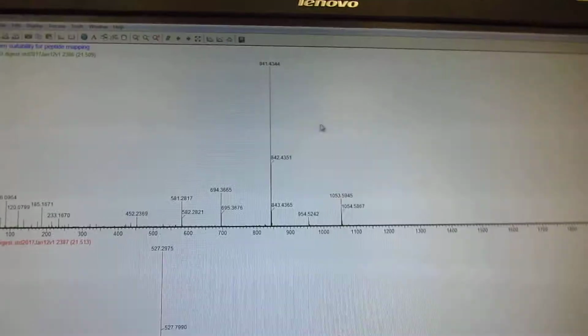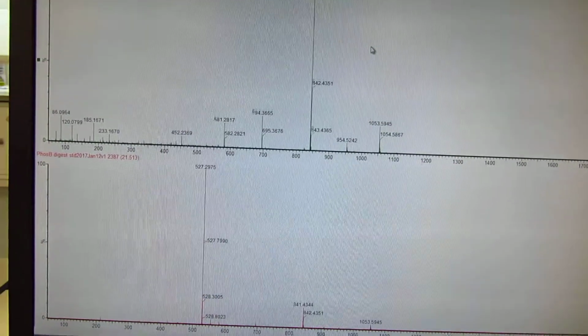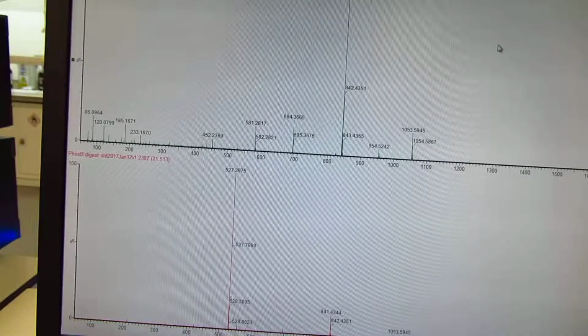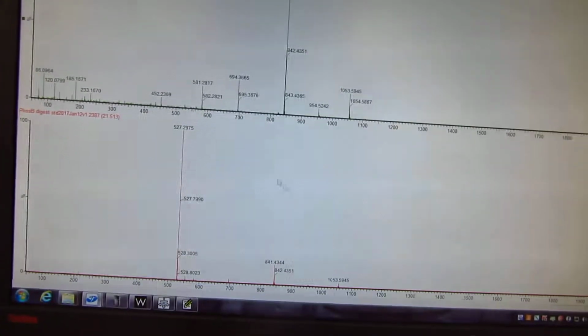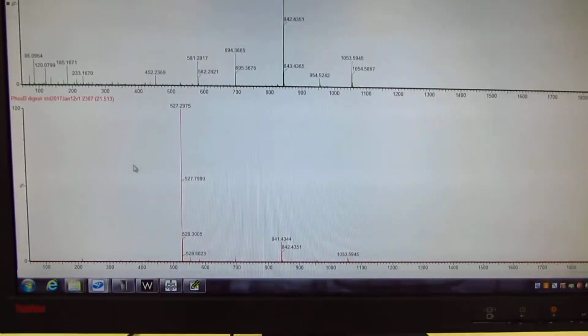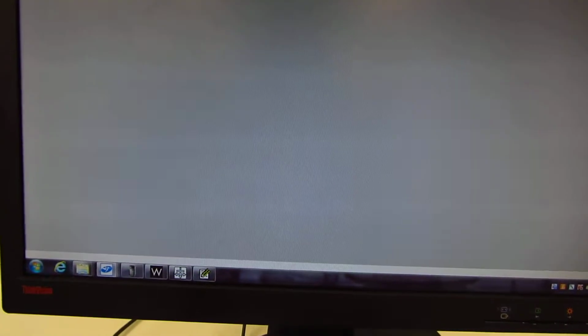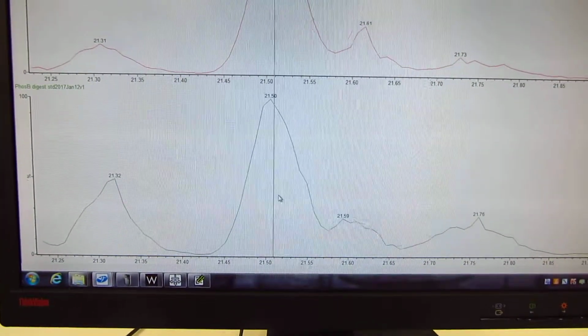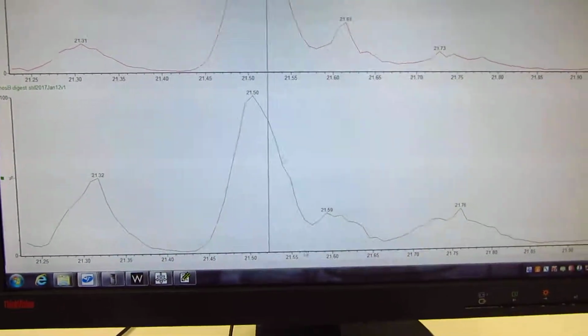At the top, it's supposed to be the high energy one. Hold on, which one is this? So the bottom is the high energy, which is a bit confusing. Okay, let's redo that. So that one